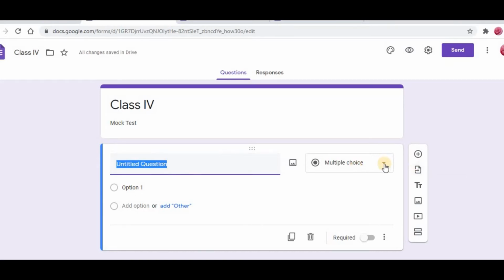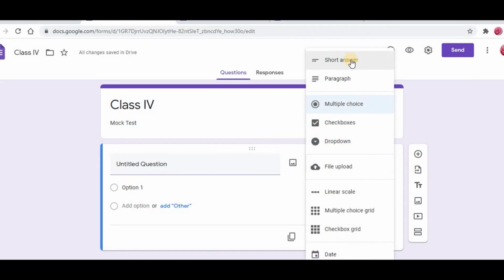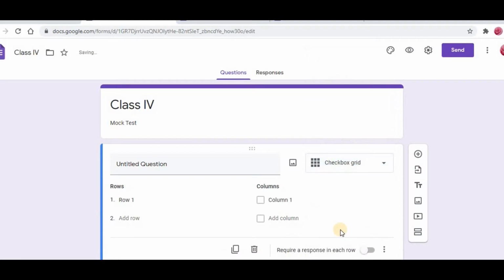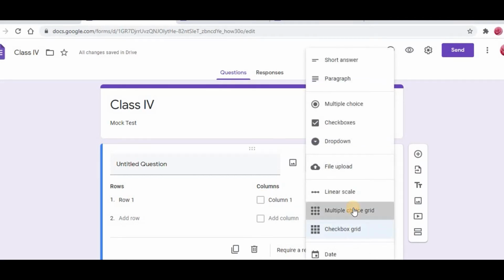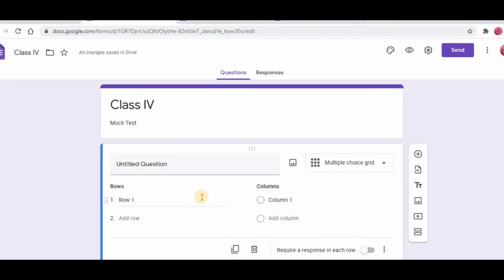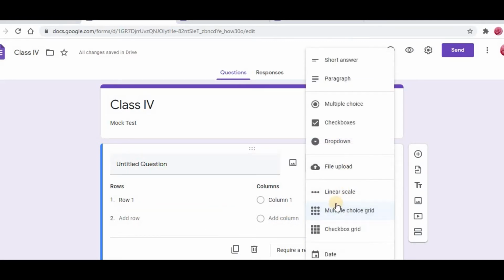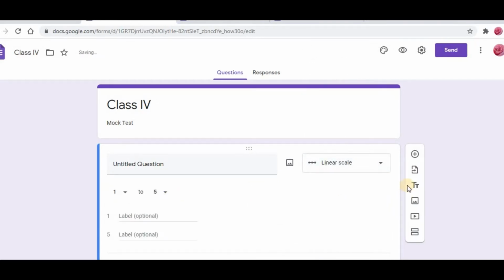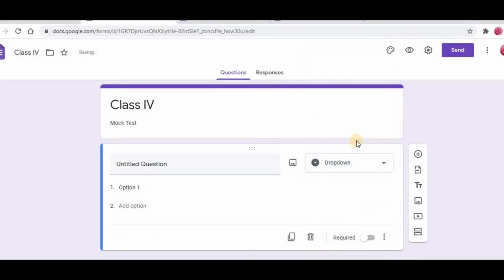Coming to this one, if you observe, this is the question part, and if you touch this drop down box, you have so many things here. If you want to insert date, time, each and everything you can insert. Checkbox grid is something like matching. You can go for matching also. And here, multiple choice grid; of course you all know that a grid is nothing but like a table. For example, sometimes we can give Roman numbers and Hindu Arabic numbers. We will write the question here and write the Roman numbers and all, like that also we can give. And here the linear scale. So this is one option, and here drop down is nothing but like true or false.